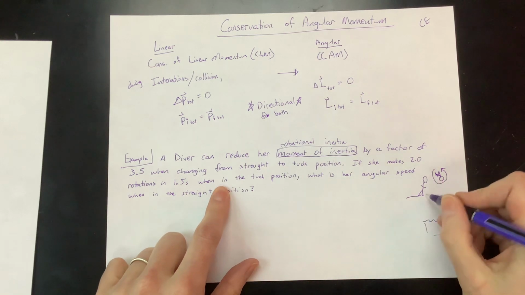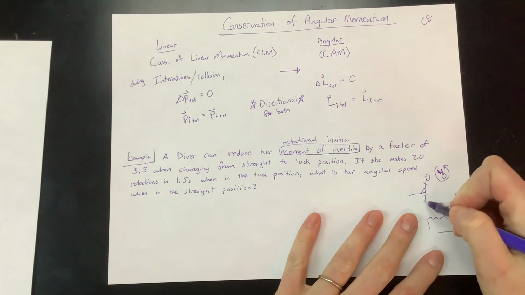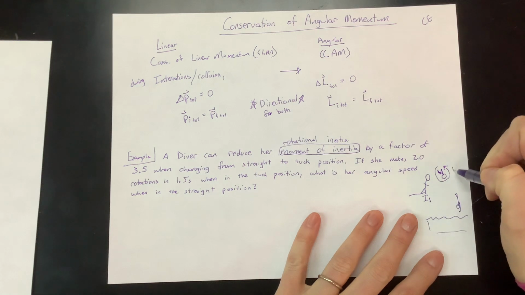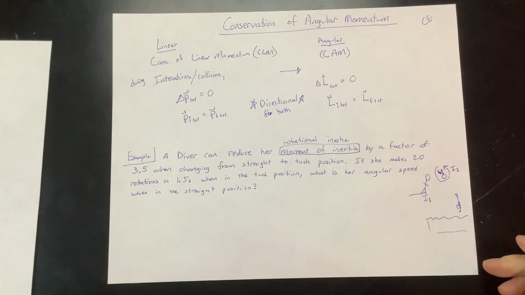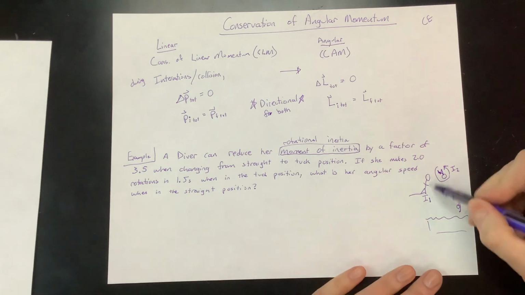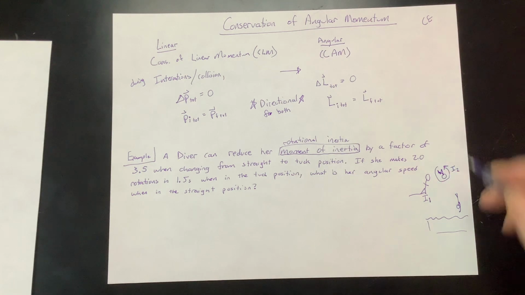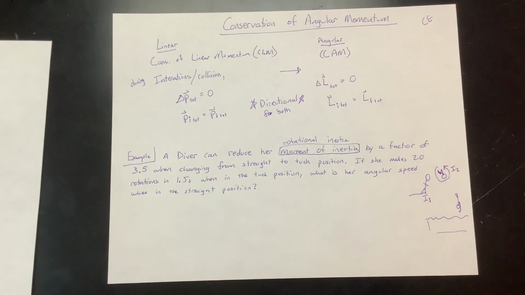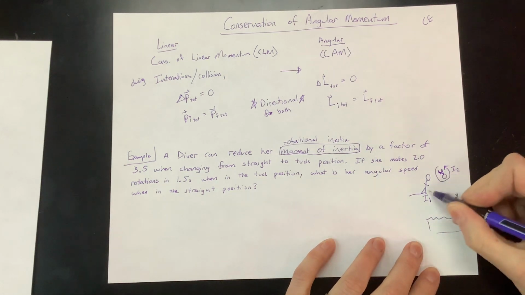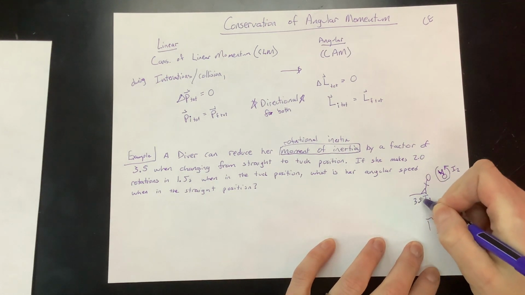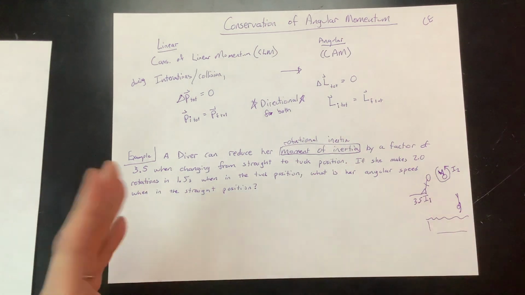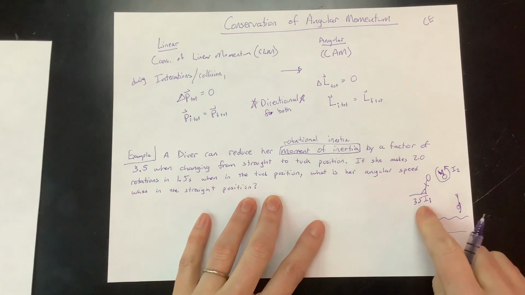So here it's going from something, so we'll call this I1, and we'll call this I2, okay? Which one do you think is bigger? That's a great question. Do you have more rotational inertia when your particles are spread out, or more rotational inertia when your particles are close together? Well, remember that it's more resistance to the change, and you resist more when it is spread out. So this is going to be the 3.5 right here because that R is bigger. Okay, so this is the 3.5